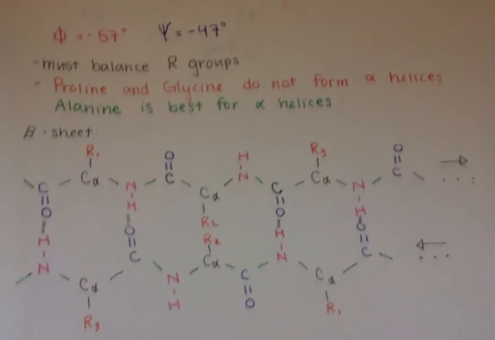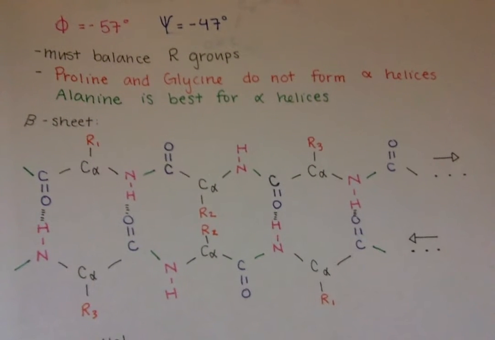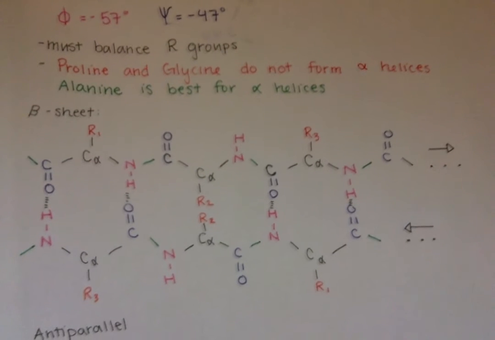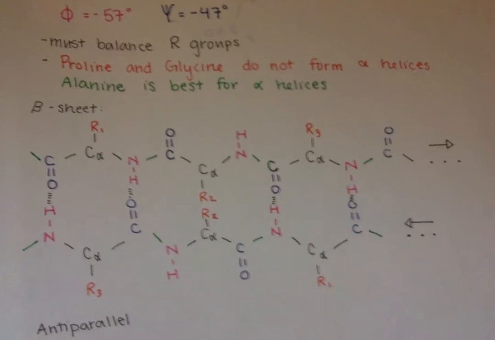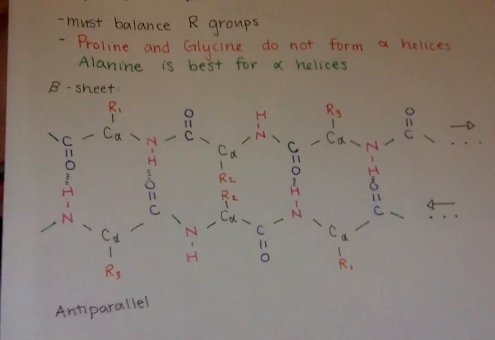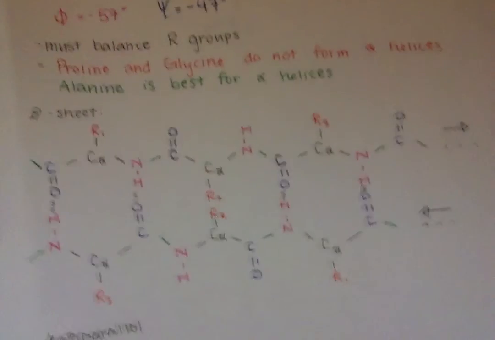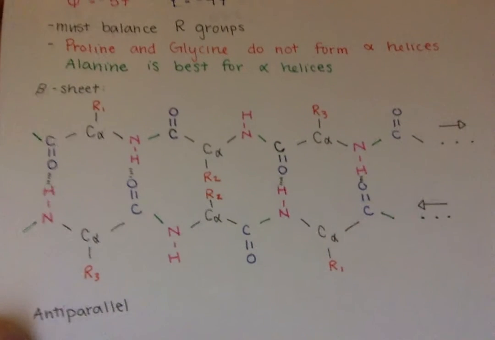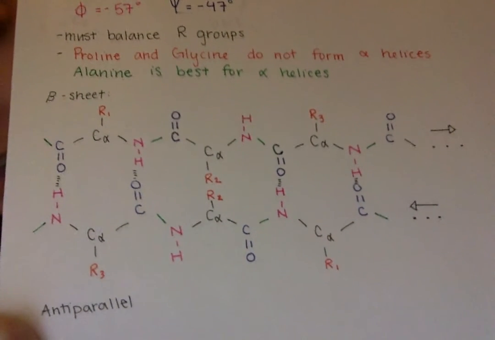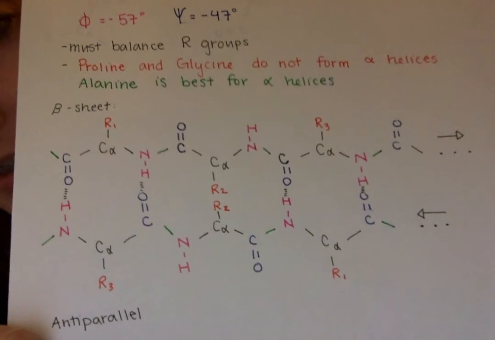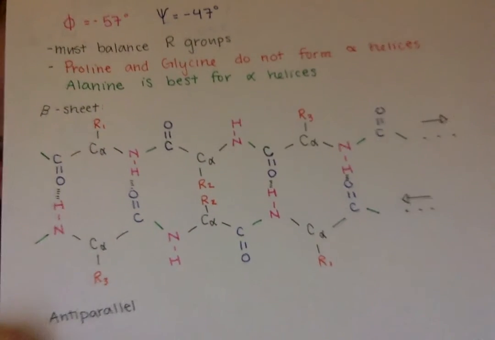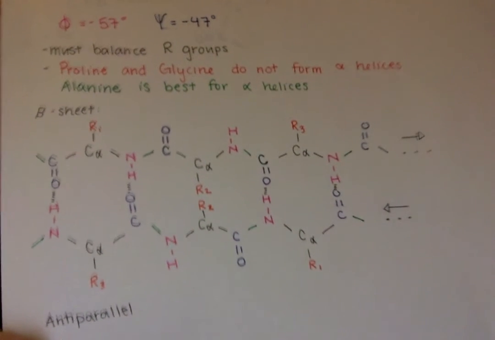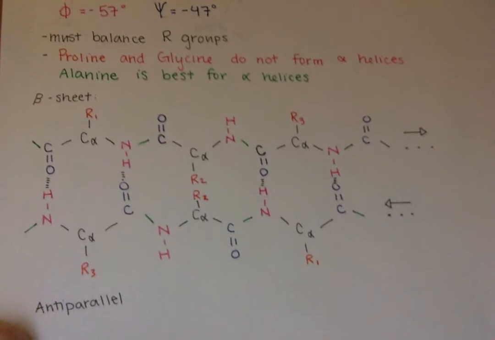When we look at beta sheets, that's the next type of secondary structure, also dictated by hydrogen bonds. How beta sheets form is between different strands of, or rather, the same strand of protein, but running one along the other. And there's going to be anti-parallel, which we're looking at first. And so how that works is the hydrogen bonds are parallel to one another. They line up very well. And you can see that the 2 strands are going in opposite directions, and that's characteristic of an anti-parallel beta